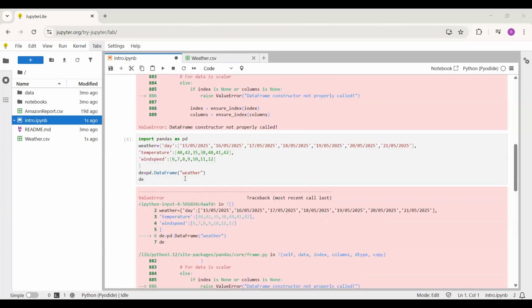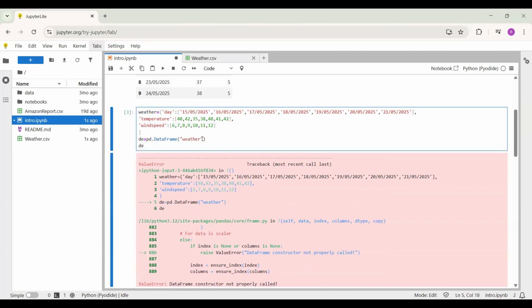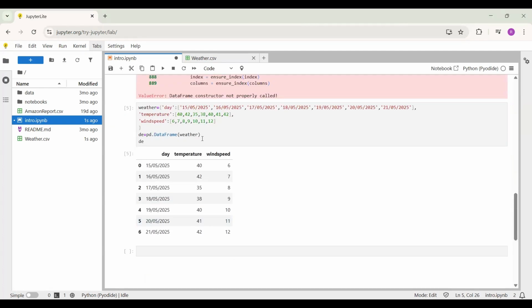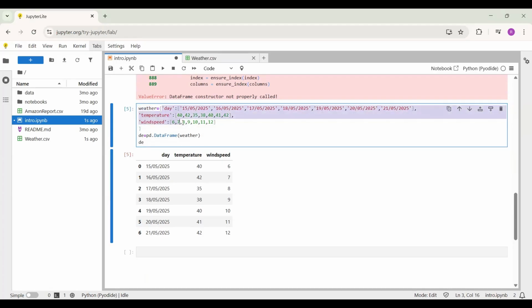Now, a small mistake I made here is that I put this inside double quotes. You see this weather, I'm putting it inside double quotes. Now here, if you pass this weather variable straight away, you see this particular data was in the form of a dictionary. In a dictionary, this is a key and this is the value. Temperature is a key and these are the values, wind is a key and these are the values. Now using a data frame, this dictionary, the values stored in the form of keys and